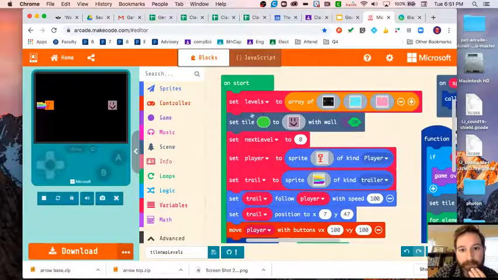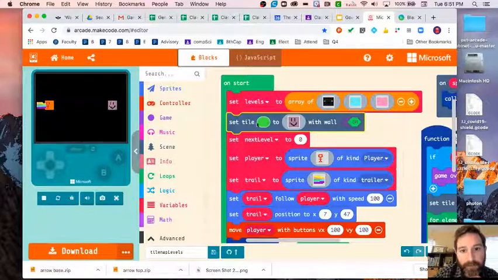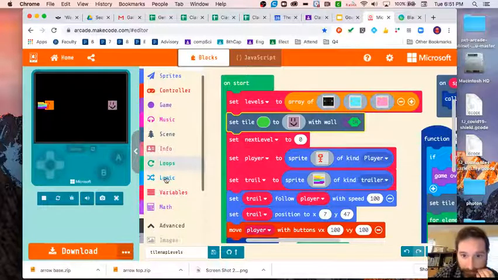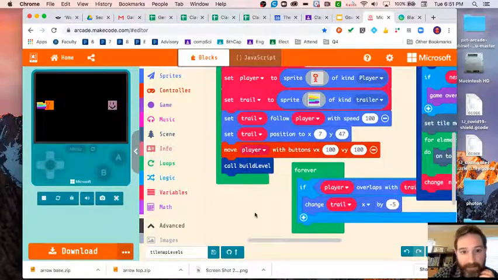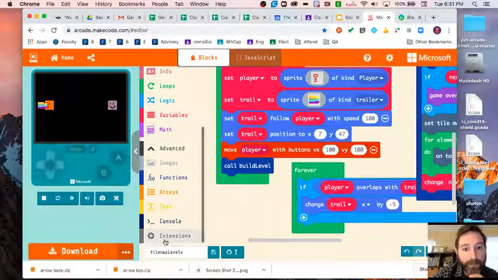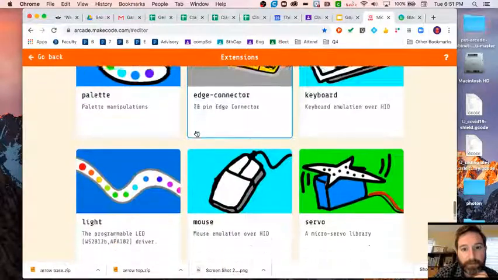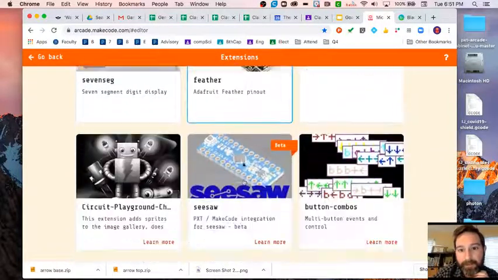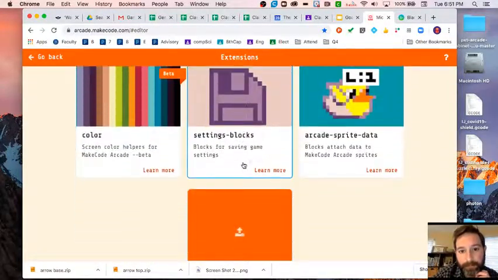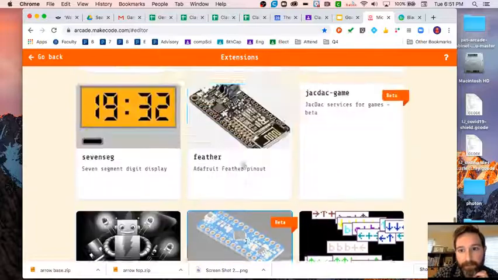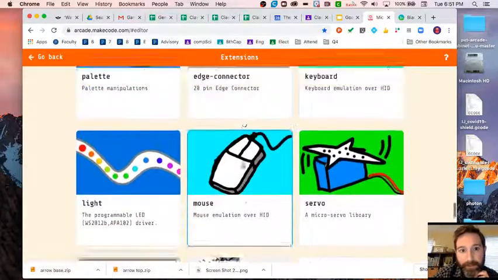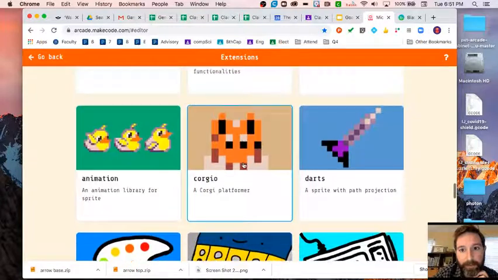So the first thing you're going to need to do to be able to use the set tile block, we're going to do this before we do anything else here, is go to your extensions, scroll down until you start seeing colorful ones here, and then there's an extension which I've already installed, so you're not seeing it show up here, but it's called